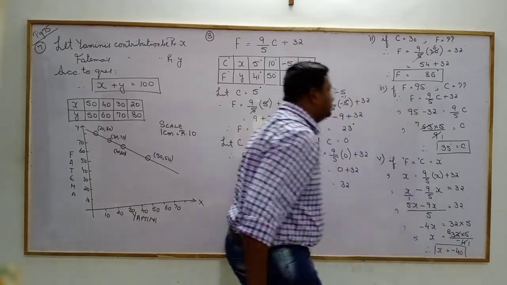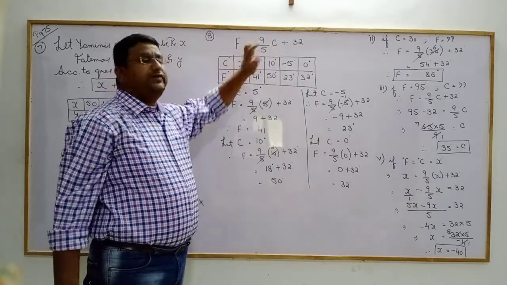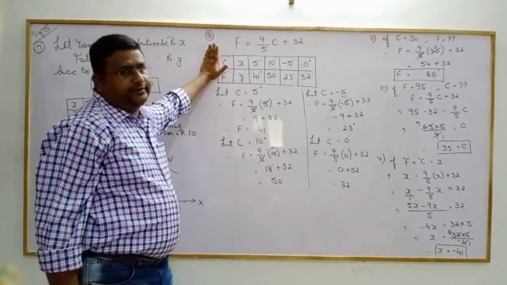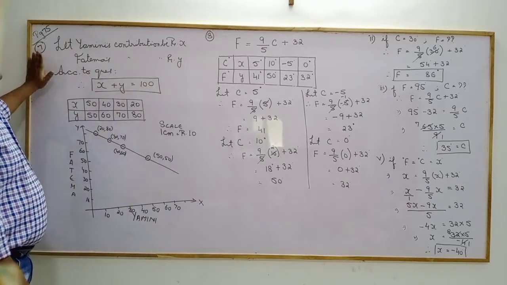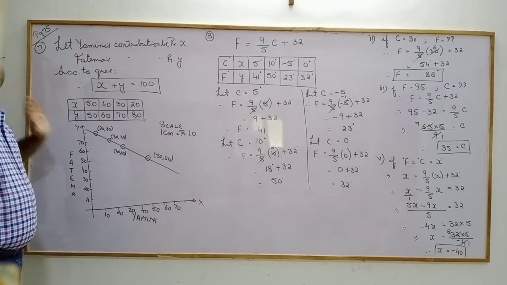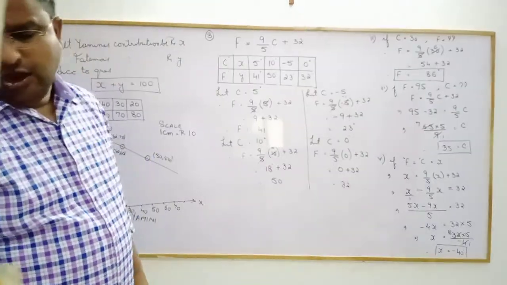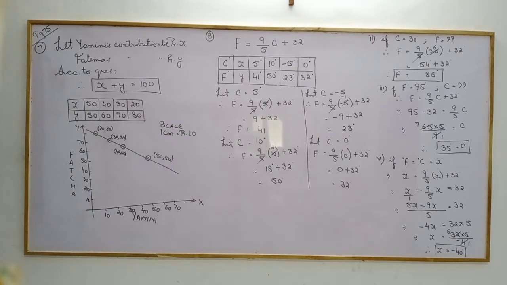So that means minus 40 degrees is the temperature which is the same for degree Celsius and degree Fahrenheit. So you have to draw the graph for question number 8 as well as for question number 7. These are the two graphs we had discussed previously. You have to do it. Clear? You can copy it, observe it and then do it. Thank you.